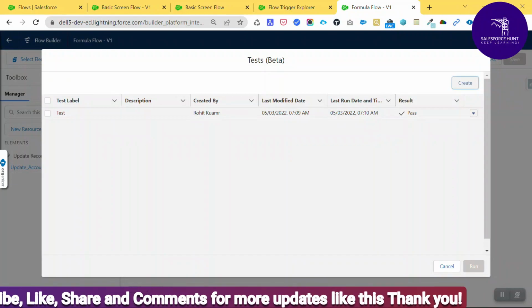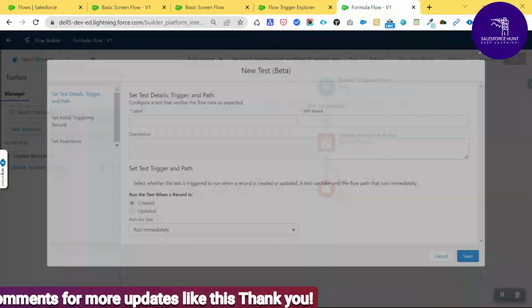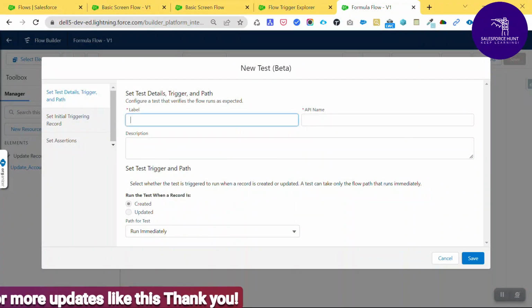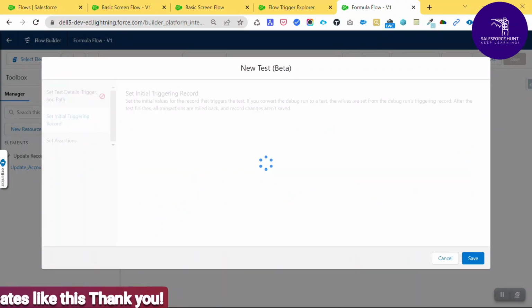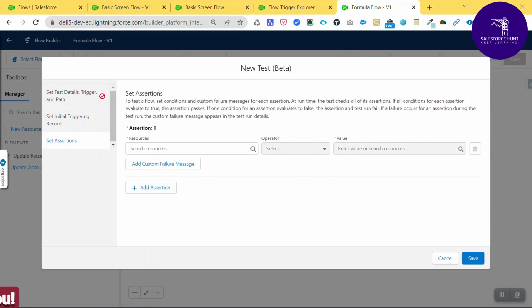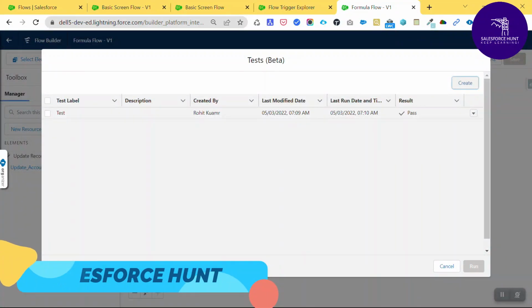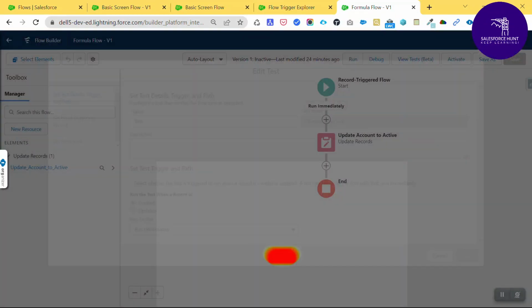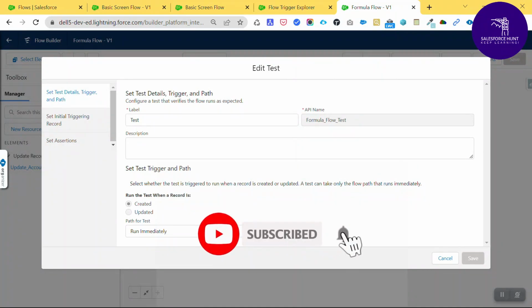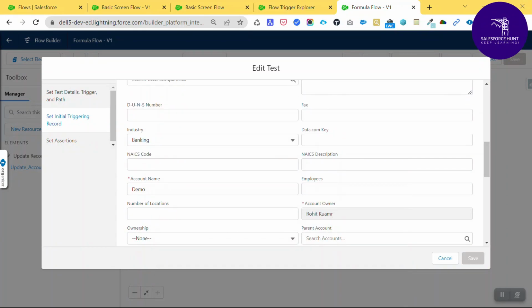If you don't know how to create the test, you can just click on Create, write your labels, set the conditions here and all the fields as mandatory, and then you can add the assertion. I already created this view test data. If you need it, let me edit this one, and now you can see the test created. This is the first way, and the second way I already mentioned here, that is related to account demo